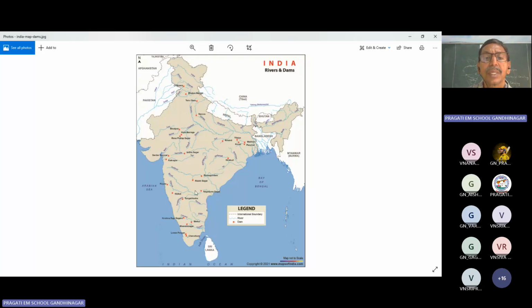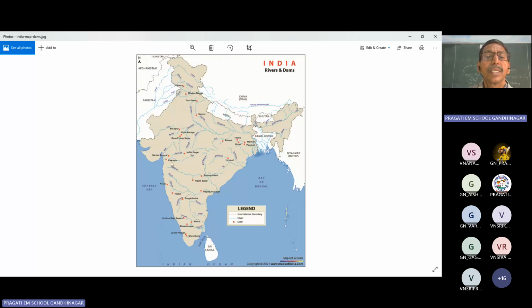Next, here Nagarjuna Sagar project across the Krishna River. Tungabhadra Dam across the Tungabhadra River. And near here, Polavaram Dam across the Godavari. Here Mettur project across the Kaveri. Like that, try to follow some dams and rivers, especially Nagarjuna Sagar, Hirakud Dam, Bhakra Nangal Dam, Tehri Dam,